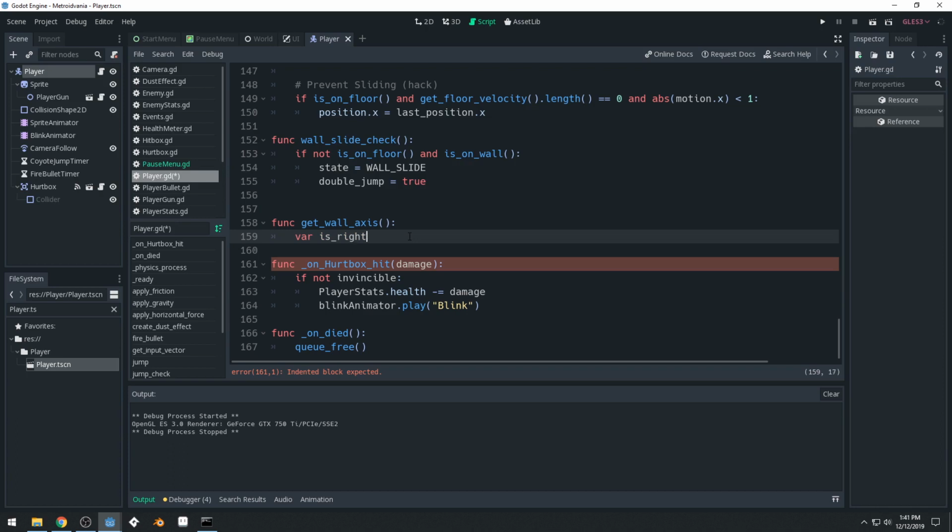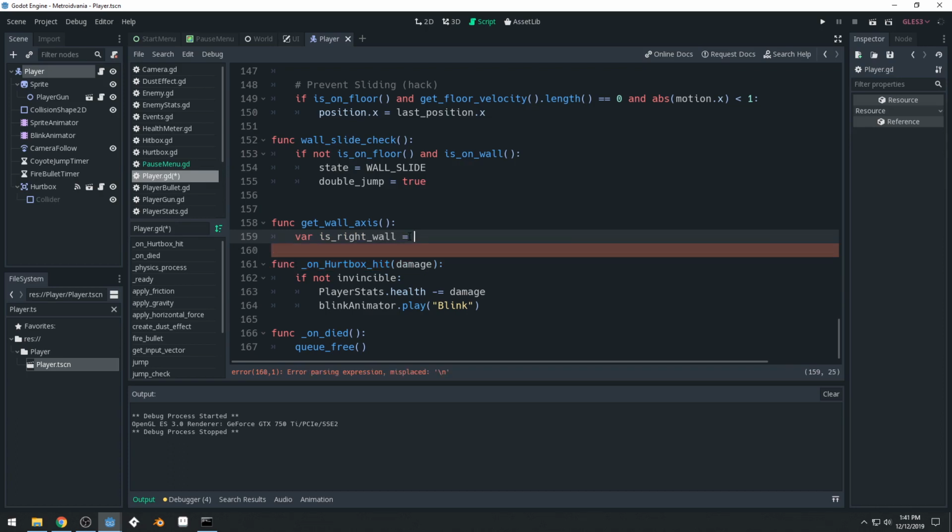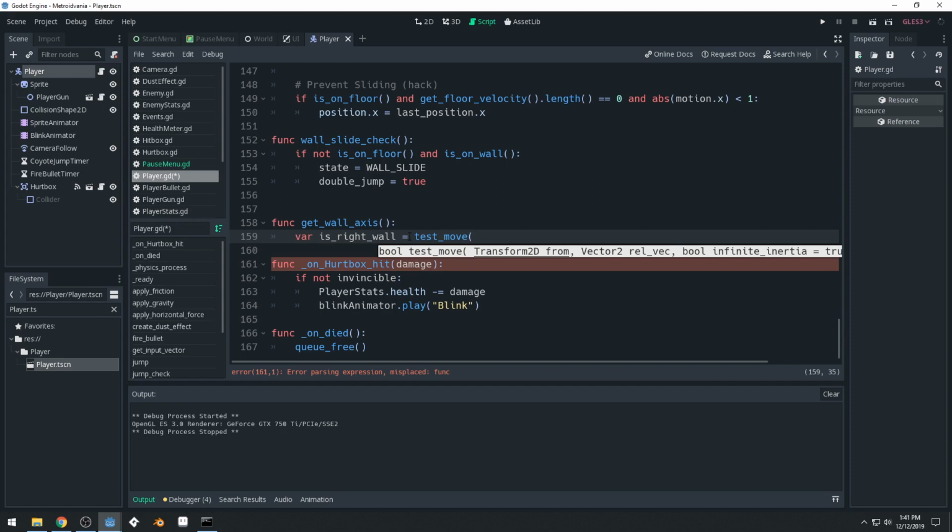Var is right wall equals, and we're going to use a new function that you guys haven't learned about yet, but this is a function inside of the kinematic body. It's called test move. And I don't actually know how good it is to use this function, like if it's a little bit processor intensive or what. But it seems to work fine for this game. Basically, we can test a move. So we give it our current location,